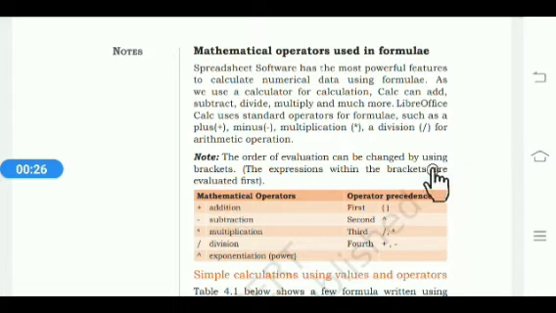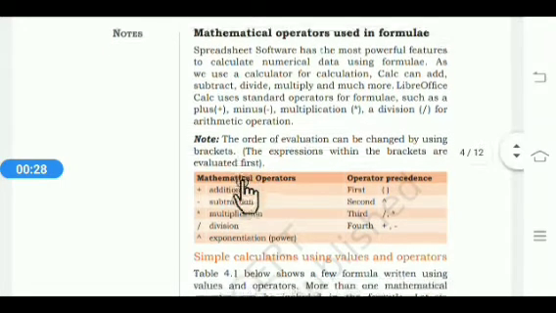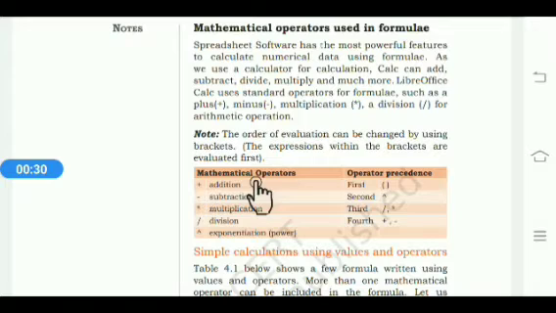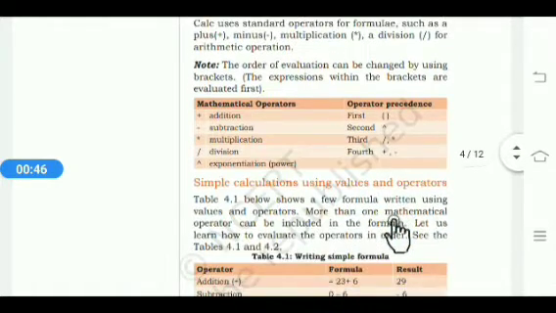The expressions within the brackets are evaluated first. Here the mathematical operators are addition, subtraction, multiplication, division and power. Then operator precedence: first is brackets, then power, then third is division and multiplication, then plus and minus.